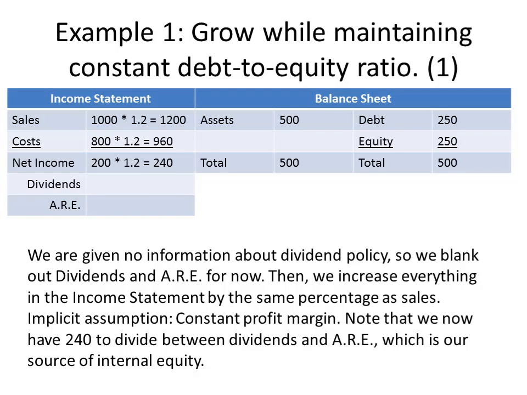The next thing that we do is to increase the sales by the percentage of growth from the strategic plan. The strategic plan tells us sales are going to grow by 20%. How do I increase sales by 20%? Well, I multiply by 120%, or 1.2, to get 1,200. Now if I assume that the profit margin remains constant, I can also raise costs by the same proportion. So I also multiply 800 times 1.2 to come up with 960 in cost.